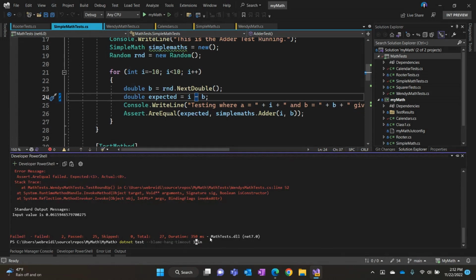So if something is taking longer than 10 minutes to run, or here in my example, 1 minute, it's going to do the same thing that it did with --blame, but it's going to look at all of the processes and create the memory dumps for all of those that have taken longer than the time that you've set. That is really convenient.